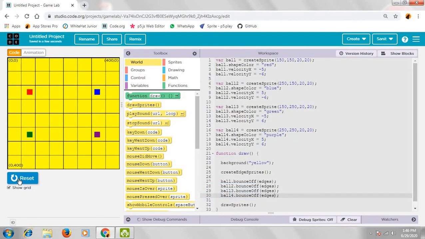Now, as you can see, all balls are bouncing when they collide with edges.